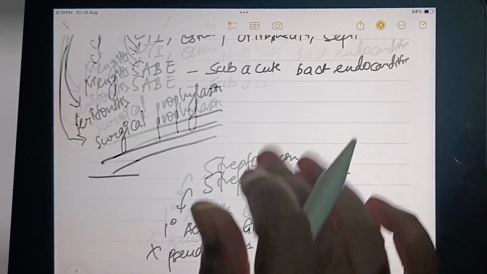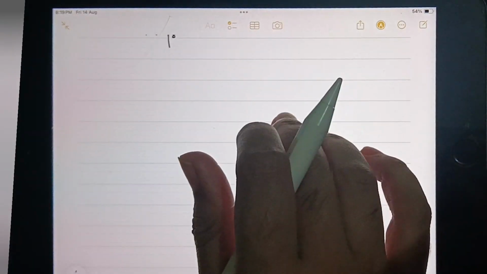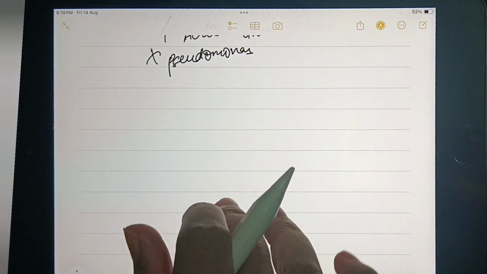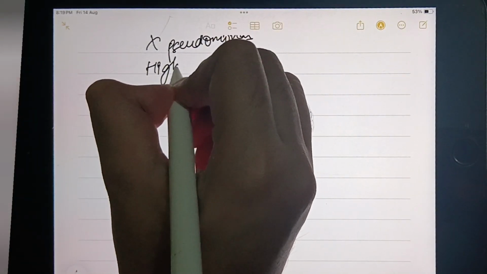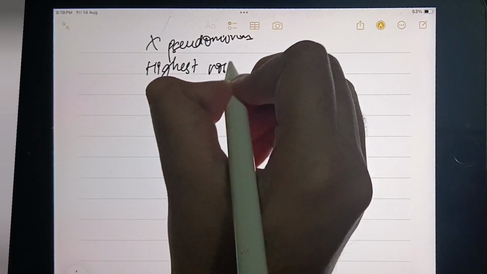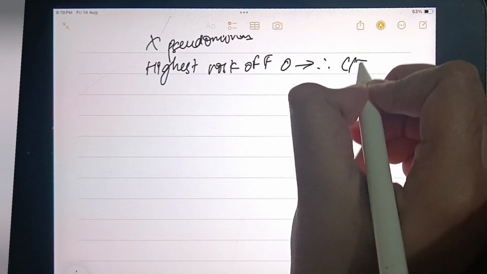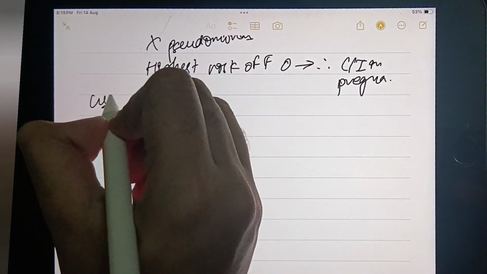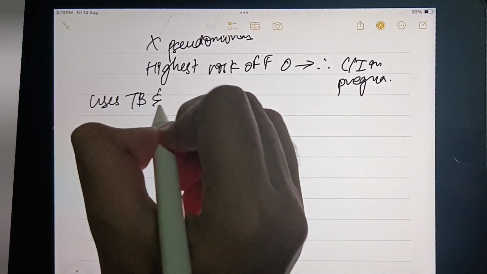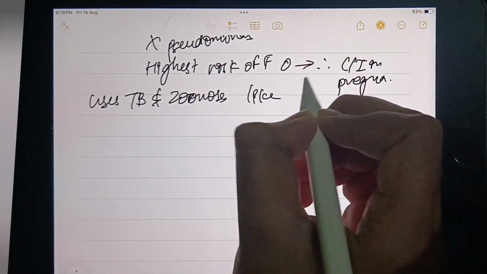I write like this so I can quickly go through it during the exams. It has the highest risk of fetal ototoxicity. Therefore, it is contraindicated in pregnancy, and its uses are tuberculosis and zoonosis like